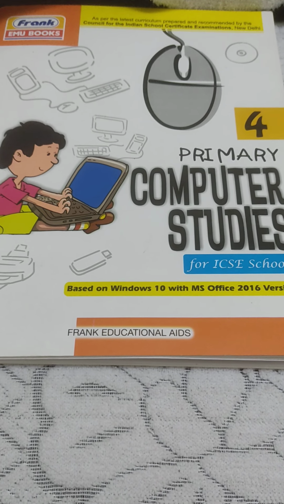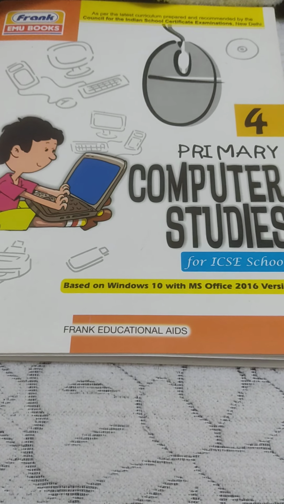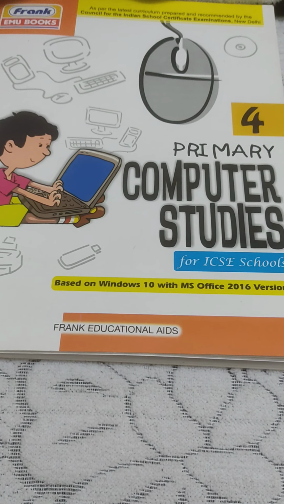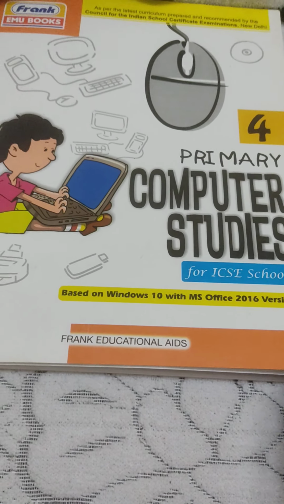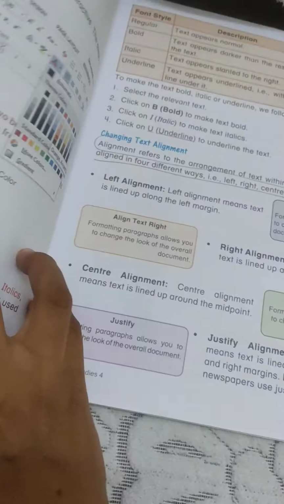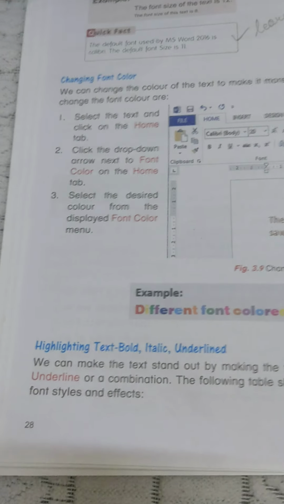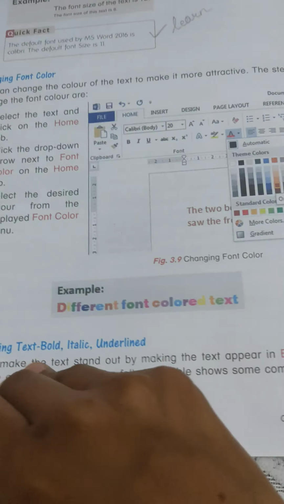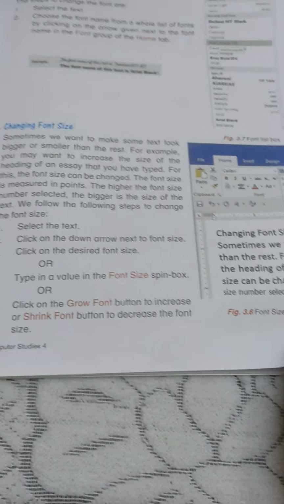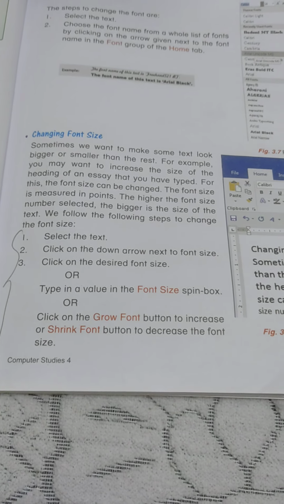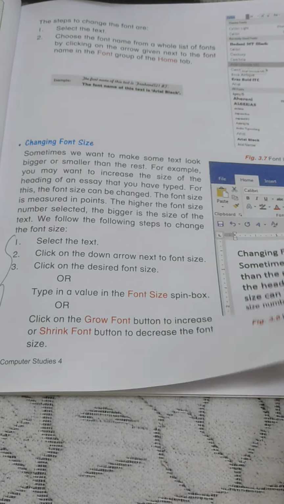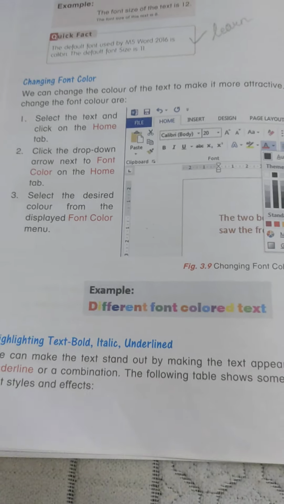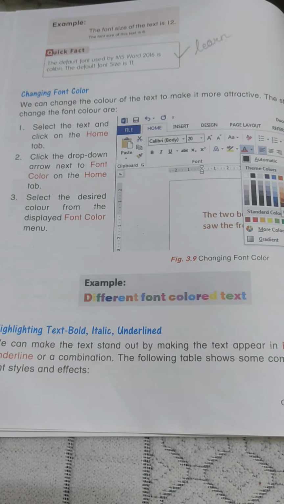Now students, take out your book and a pencil in your hand so that we can underline the important things. So take out page number 28. In yesterday's video we completed changing font size. Now we will be seeing changing font color.